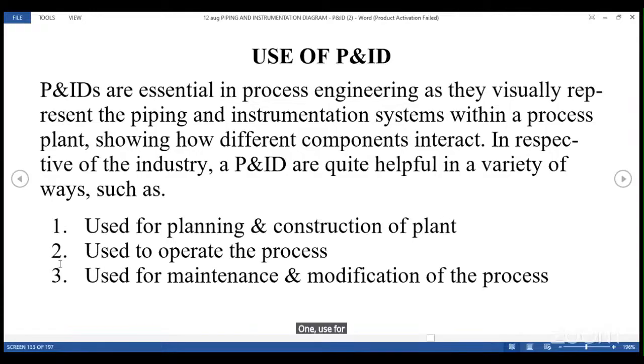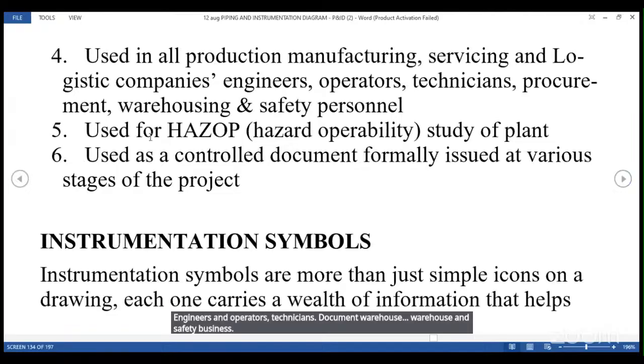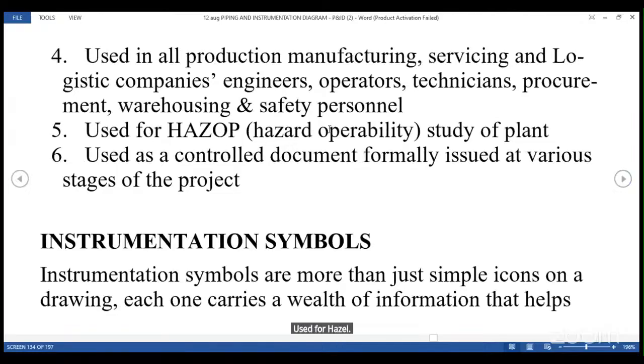planning and construction of plants; 2, used to operate the processes; 3, used for maintenance and modification of the process; 4, used in all production, manufacturing, servicing, and logistic companies, by engineers and operators, technicians, procurement, warehouse and safety personnel; 5, used for hazard or probability study of plants; 6, used as a control document formally issued at various stages of the